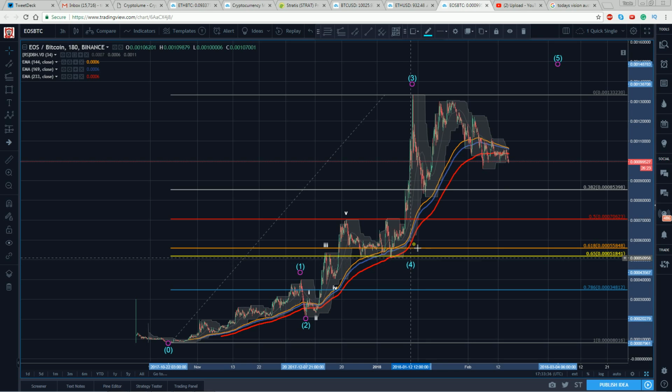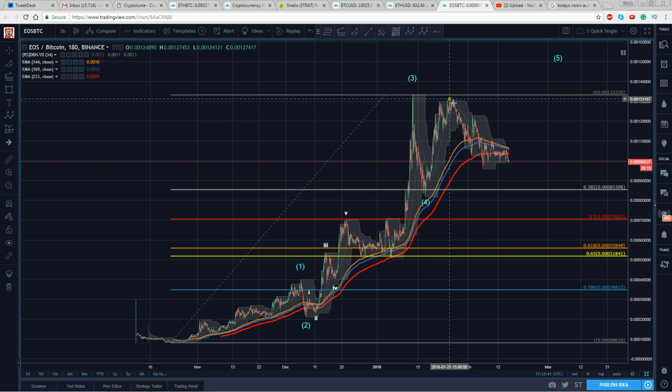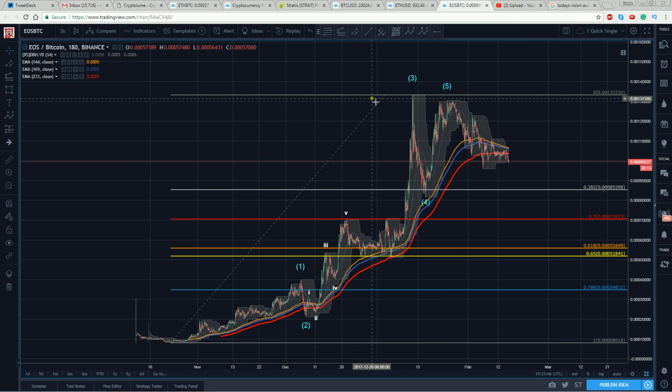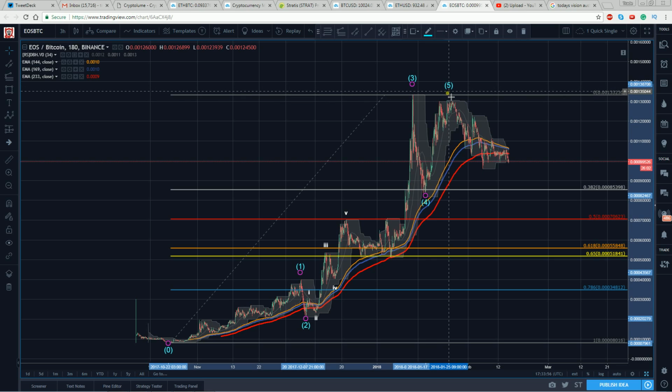Well, if that's a 3, then there's a reasonable chance that that's my 4. Well, wait a minute here. So this doesn't get as high. Well, what could that be? We certainly could have a truncated 5th there. I mean, you can see that it's very, very close. So, damn near you could call it a double top, even though we go a little higher here. But this subdivides very nicely into a potential 5th.